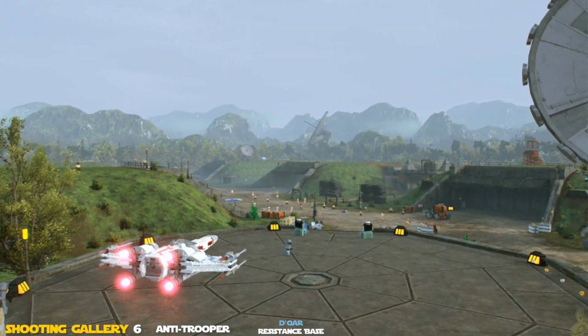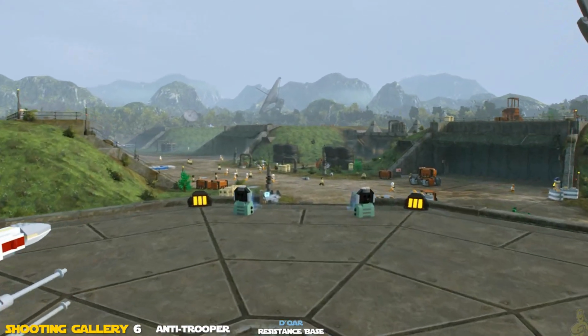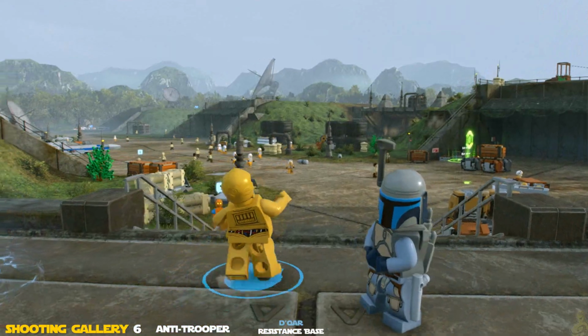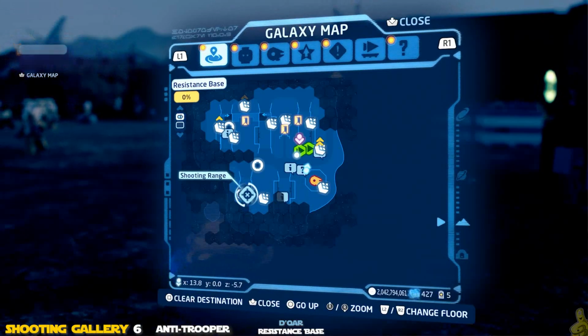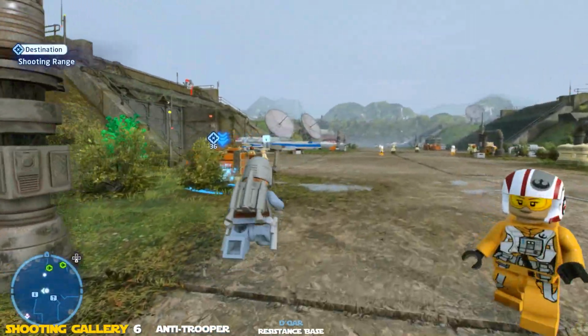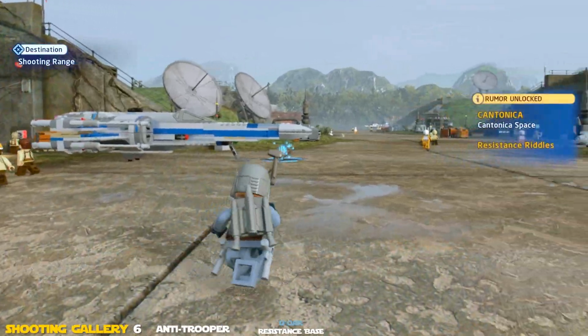Regardless, we're officially at Resistance Base on Dakar, which was one of the largest free roam areas for LEGO Star Wars The Force Awakens. You guys remember that? Looks pretty similar, honestly, but it looks a little cleaner here on this version. Now, I heard that they're going back. TT Games has gone back to their old engine for their next game. I don't know if that's true or not. I certainly hope it's not, but...